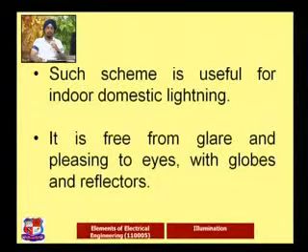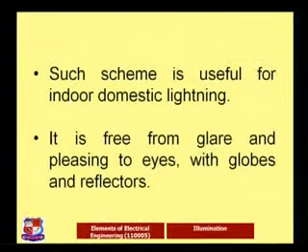Such a scheme is useful for indoor domestic lighting. So for our home purposes we can probably go for this particular lighting scheme. The advantage or usefulness of it is that it is free from glare and pleasing to the eye with globes and reflectors. So by using proper globes and reflectors, it can suit our eyes. Ultimately the lighting is going to be used for our suitability, our usefulness. So at home we might feel that this particular light is very suitable or useful to us. In that case we can go with the